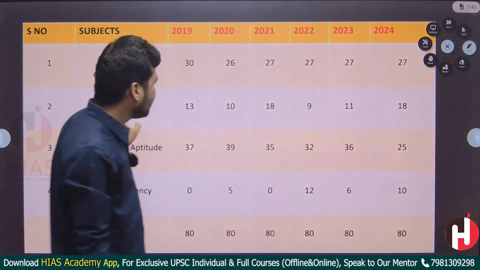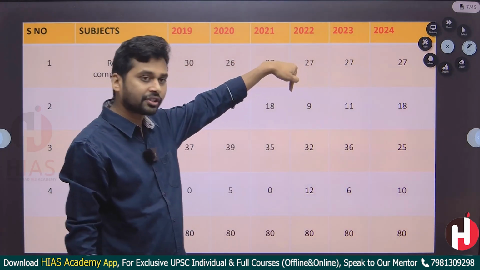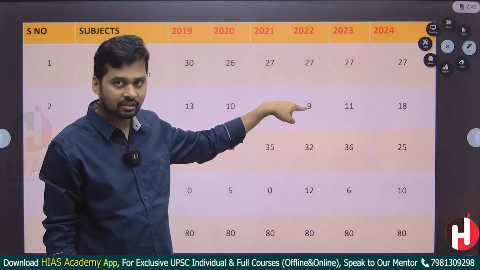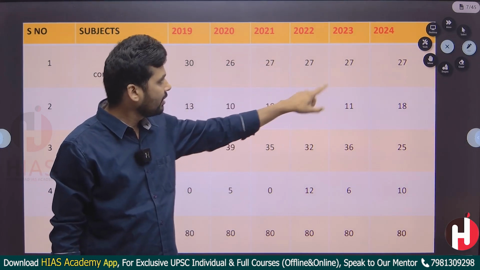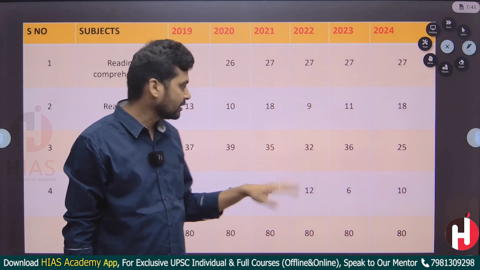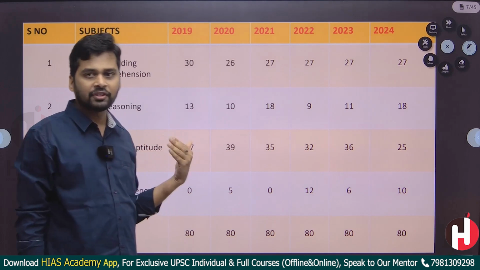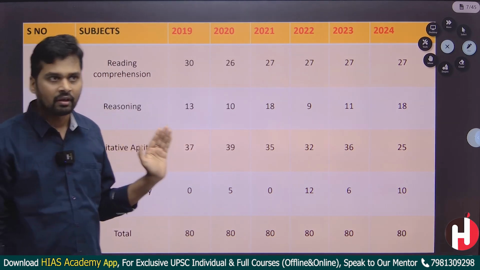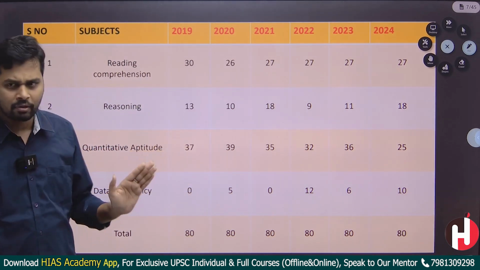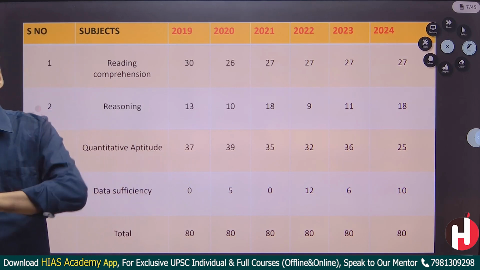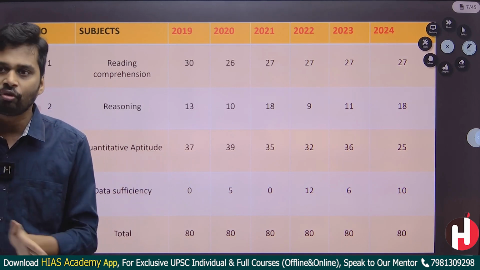If you look at this, in reasoning questions, the number of questions for logical reasoning has decreased drastically. You can see that here: in 2022, 9, and 2023, 8, 11, likewise. Relatively, if you look at quantitative aptitude, before 2019 the number of questions in quantitative aptitude was very small, hardly 5 to 6 questions.